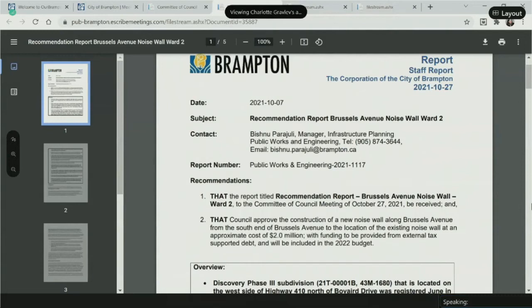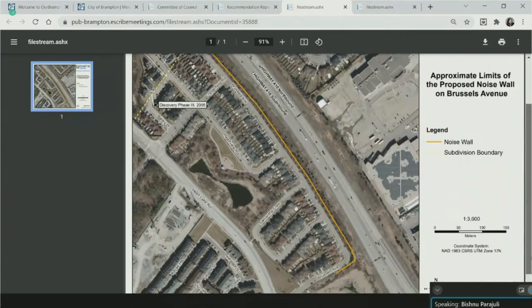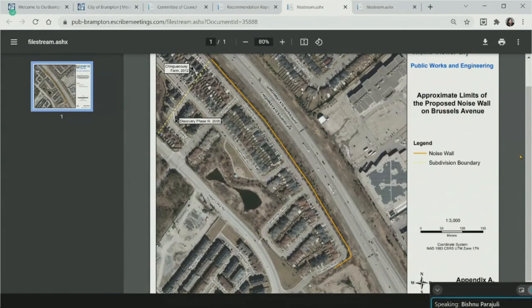Thank you, Mr. Chair. Bishnu Parajuli, manager of infrastructure planning. This noise issue seems to have been there way before me, and when I started looking into it, there's a lot of correspondence between MTO and the city. So the city thought that this is an MTO issue, MTO thought that this is a city issue. There's a fair bit of time lag during that discussion. And recently we did a noise study, and that noise study